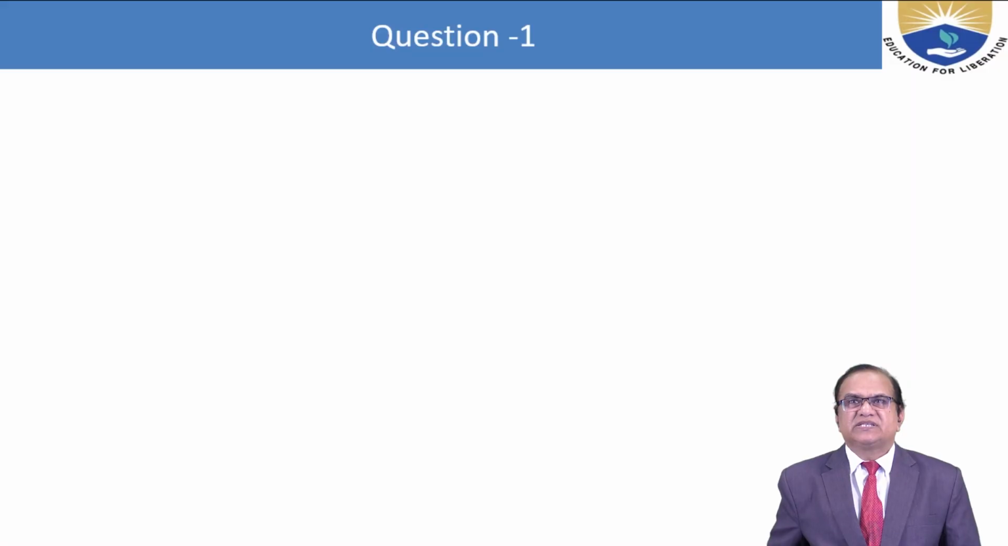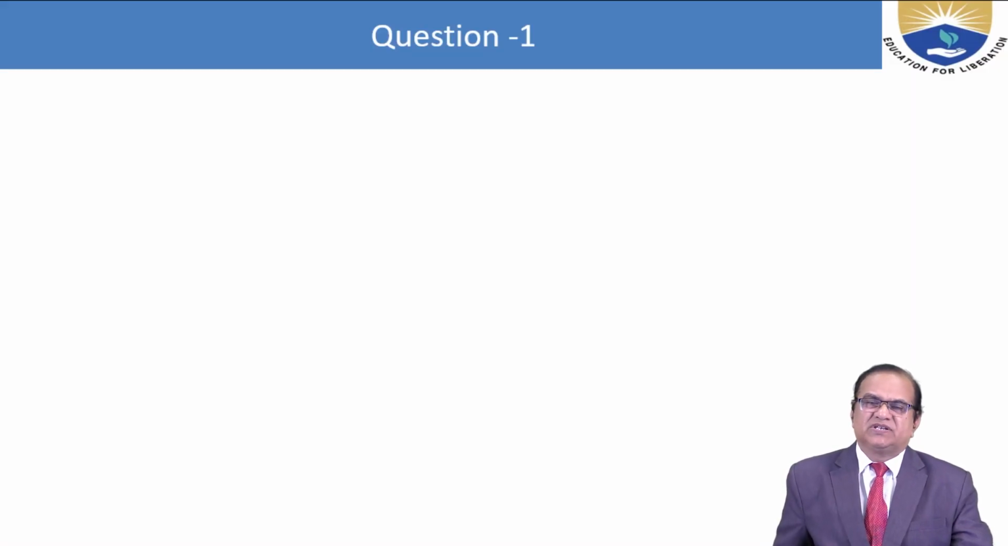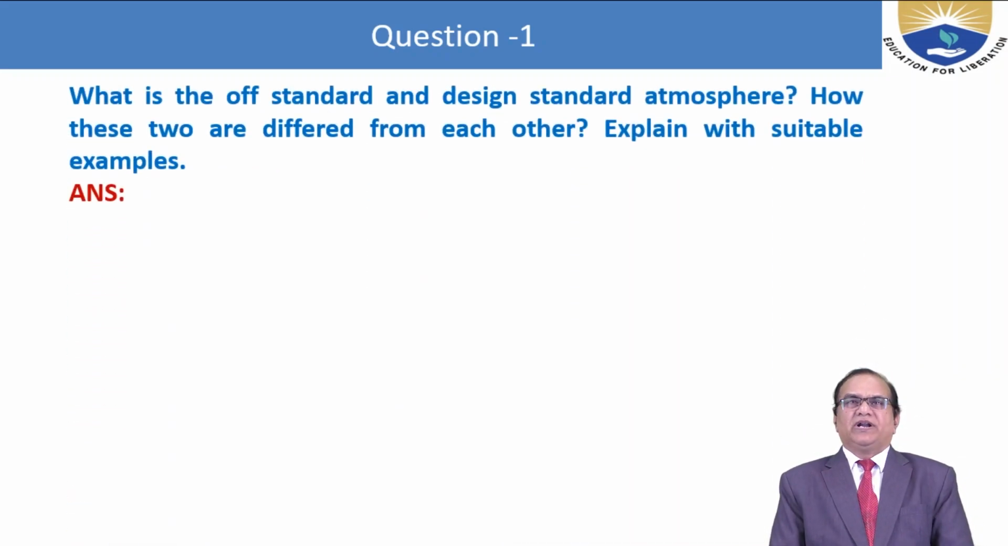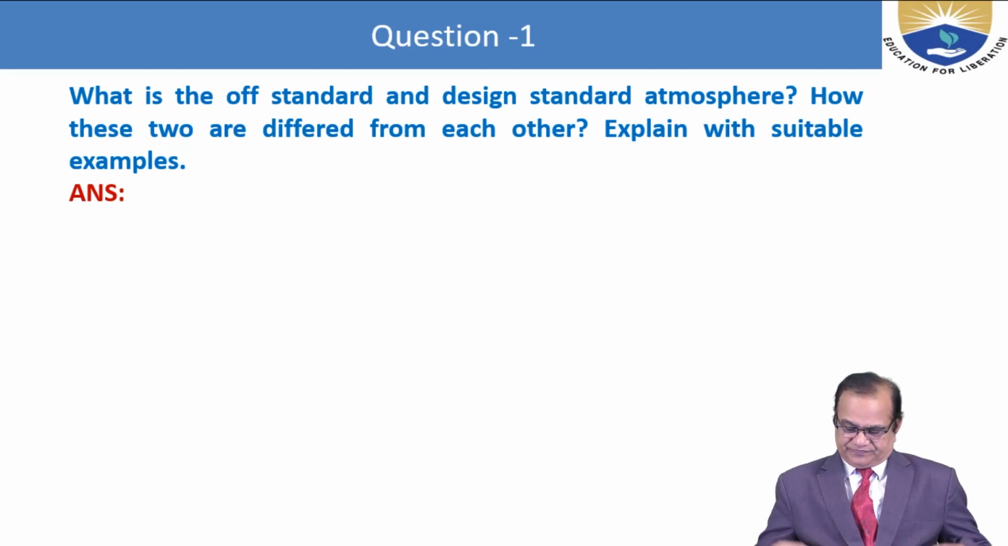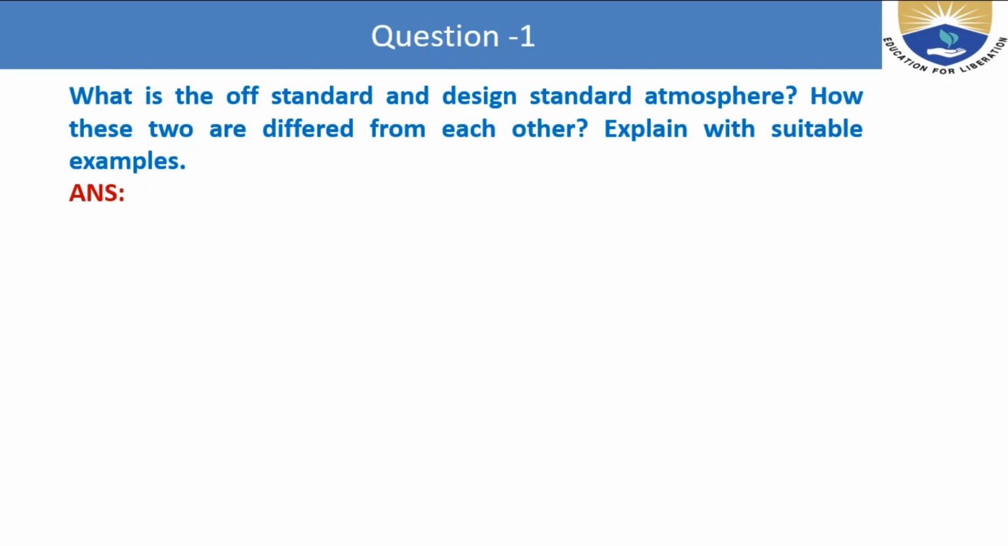So there are a number of questions in this question bank. So we will see the first question, number 1. What is the off standard and the design standard atmosphere? How are these two different from each other? Explain with suitable examples. We know that the standard atmosphere, that is ISA,